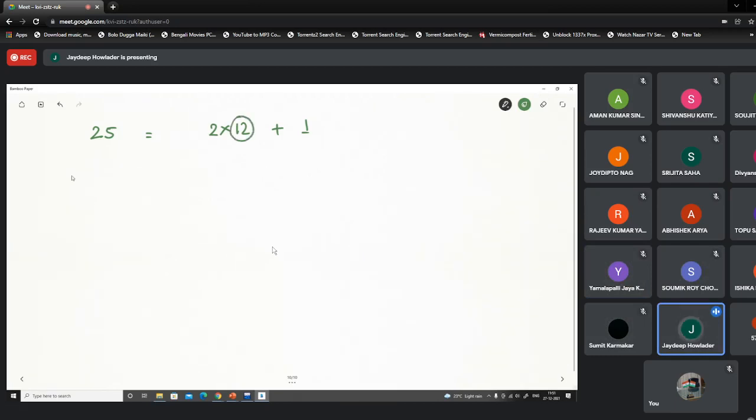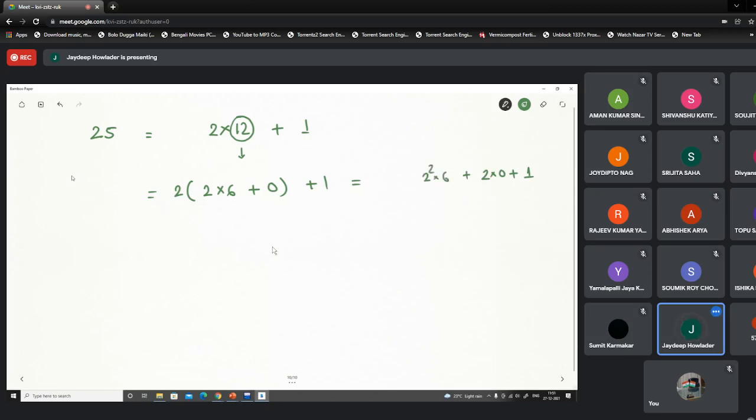Now try to do this repeatedly. We represent 12 in this form: 2 into 2 into 6 plus 0, plus 1. It looks something like this: 1, plus 2 into 0, plus 2 square into 6.